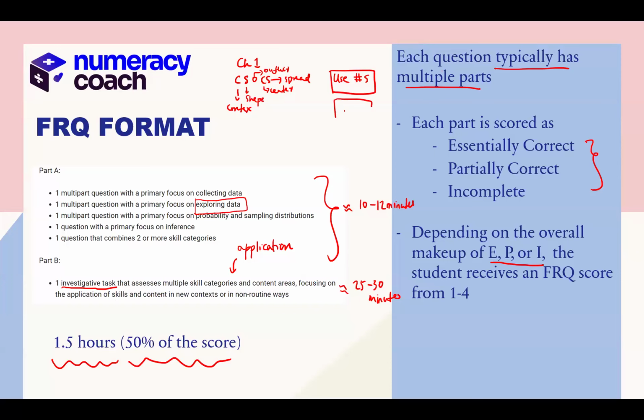But really defining what are the different shapes we talk about? What does a center mean based off the shape and things like that? So it's taking it up a step. So CSOC is a great acronym for that one, when to describe a distribution, and especially if you're asked to compare, use comparative words, give numbers. We always love to talk about the differences, talk about the similarities. For exploring data, everyone thinks it's easy to just throw some comparisons out, but we want to really hone in on numbers and context.